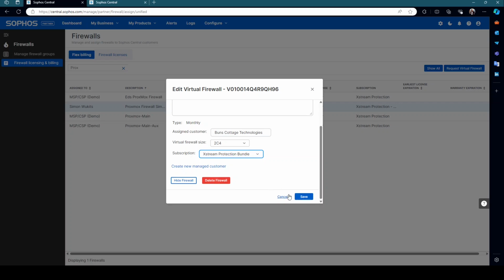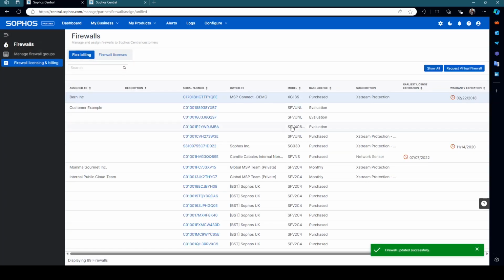But if I'm happy with all of the changes that I made, I would basically just click on save. And if the firewall is online, it would now sync its subscription settings to the extreme protection bundle. And off we go. The next thing that I want to quickly show here is to request a virtual firewall,